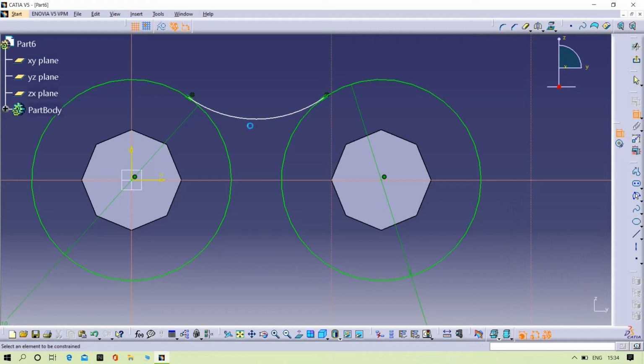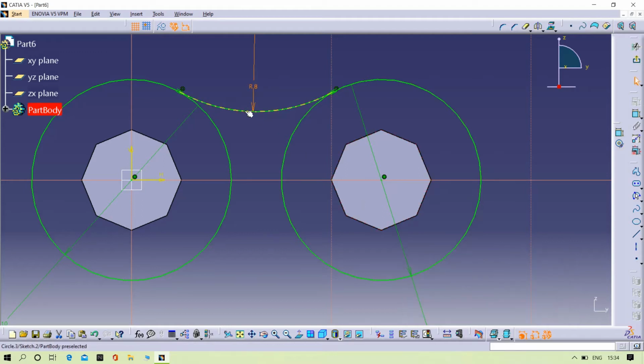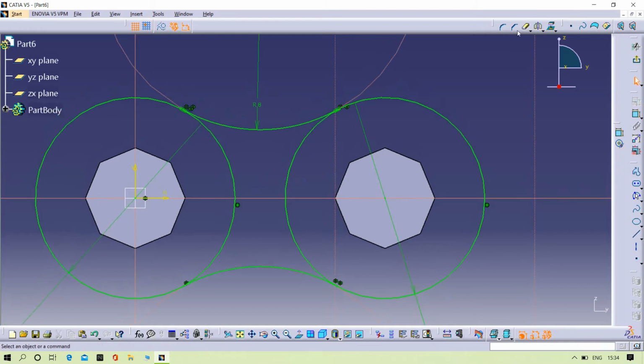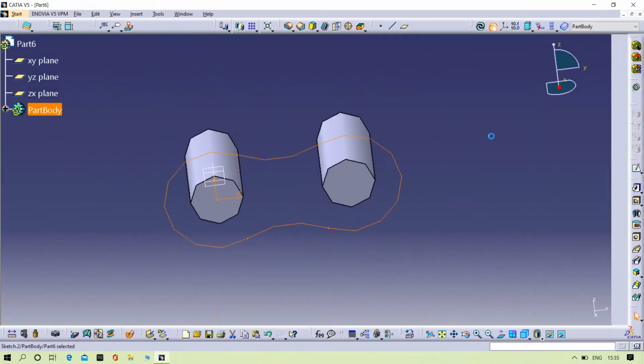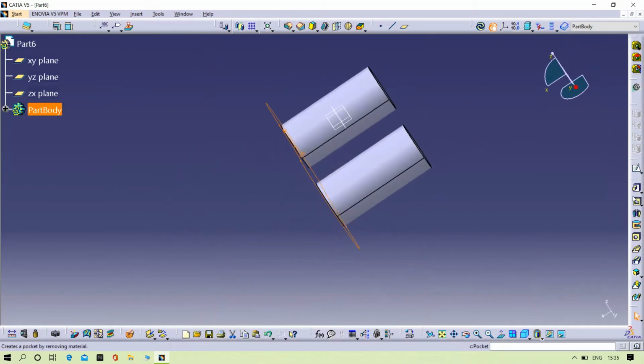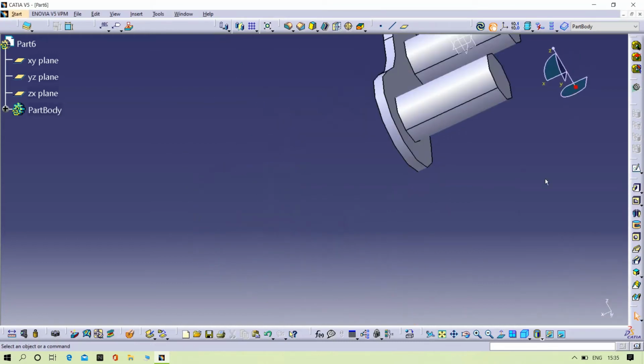Then give the radius 8 mm, is enough. Try to mirror it. Now we need to delete the unnecessary lines. Yeah, it's over. Then exit. Then extrude up to 1 mm is enough. Preview. Click OK.